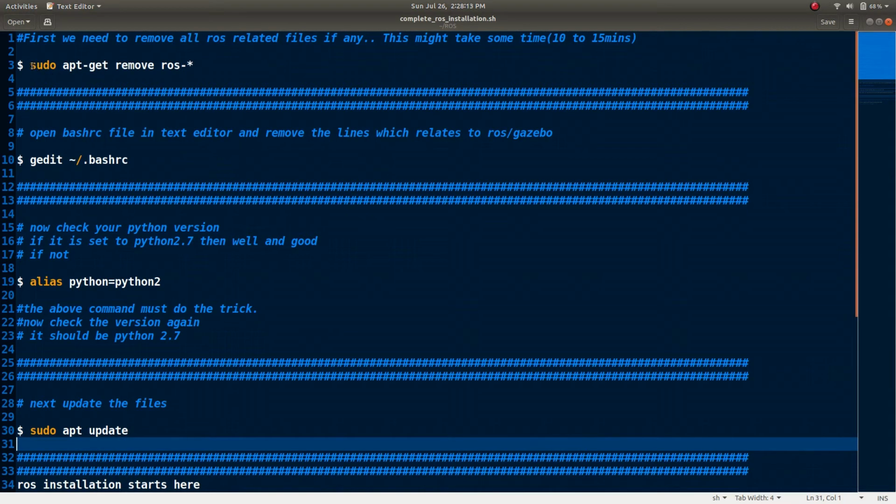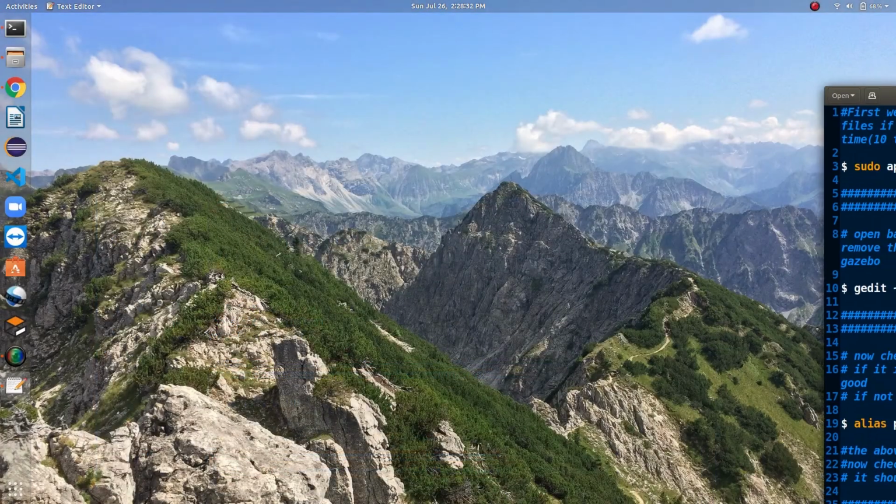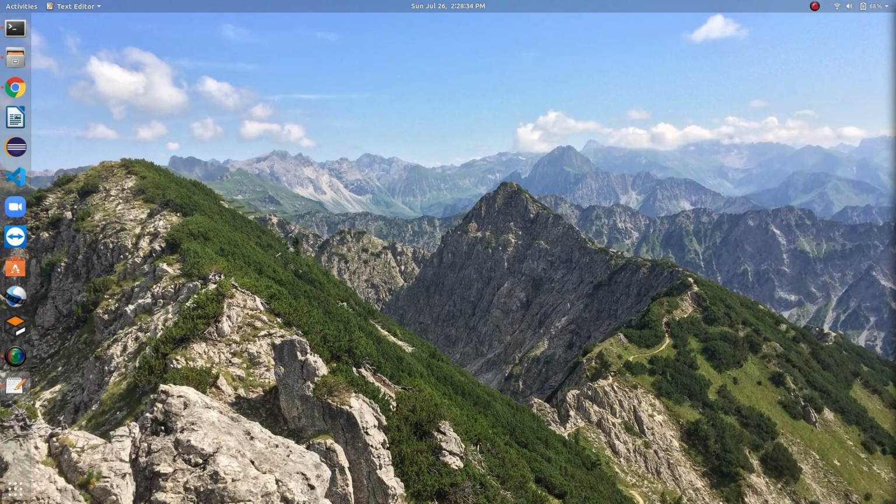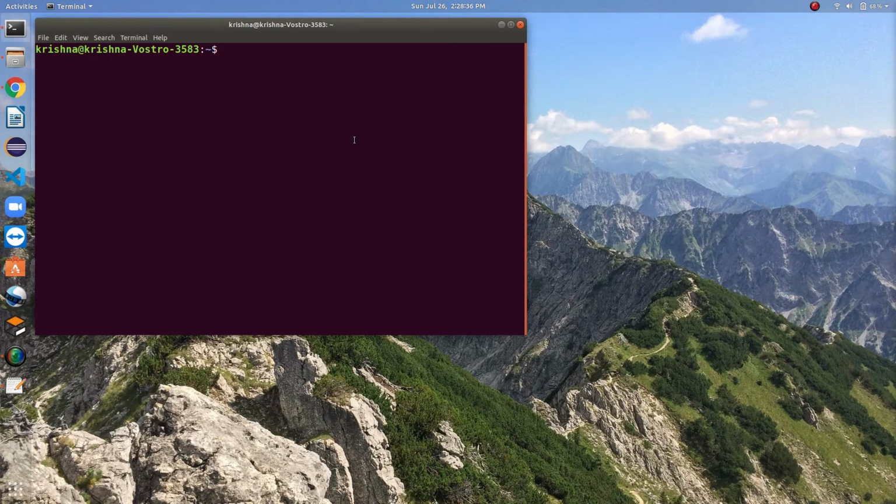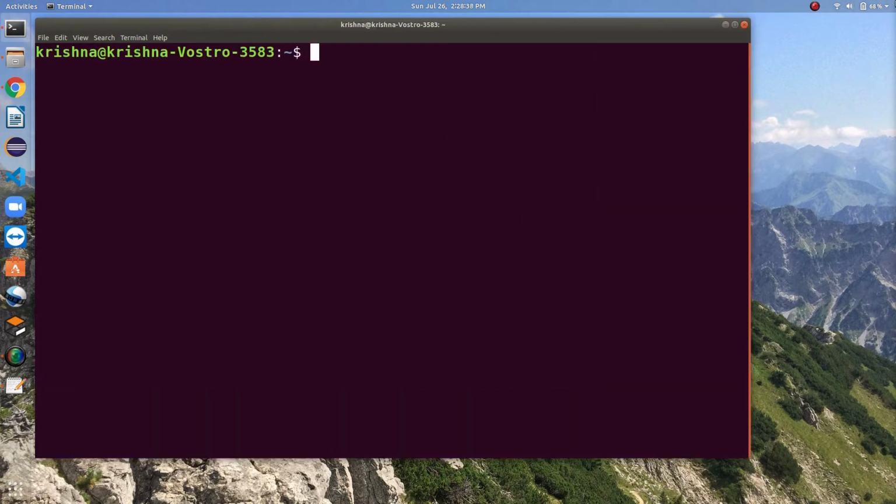First of all, let us do a fresh installation of ROS in our systems. So we'll remove all the ROS related packages in our system first to make sure that ROS is completely freshly installed. So just open your terminal and paste the command